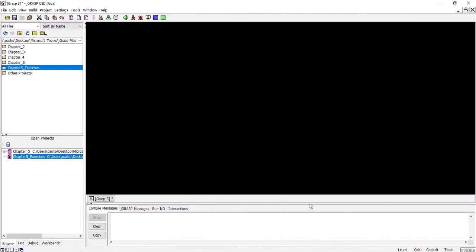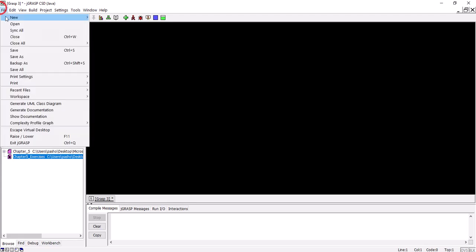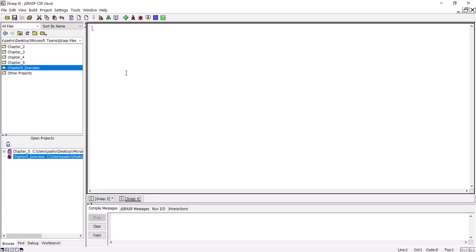We are now in JGrasp, so we will create a new file. And we are going to define our retail item. So public class retail item. The question already told us the name. Remember that if you want to define a class, you have to put the first letter of the name in capital letter. And we write inside the data, that first it was a string